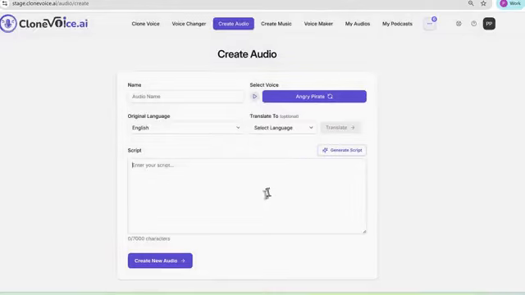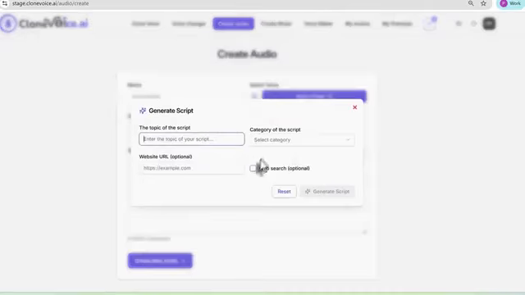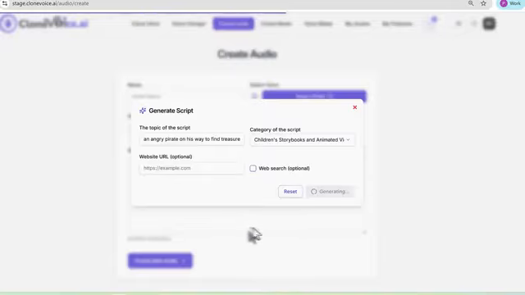Down the line. So again, you choose angry pirate, whatever story you want to put. You want to generate it, you do it, or you want to type it in. Let's say an angry pirate on his way to find treasure in the ocean, okay? And then you can say children's storybooks or whatever. And then you can generate the script.